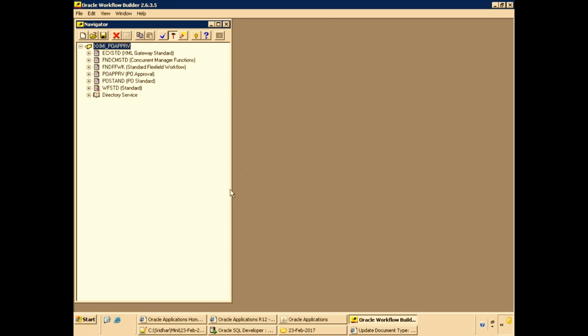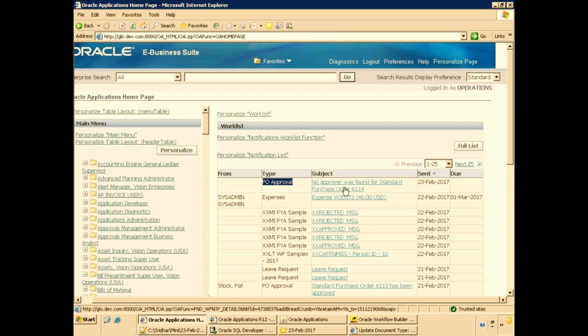Now, the first thing is, we got this information, and when we raised our workflow, we got this notification, right? Initially, just try to analyze. If you open the standard workflow, how do we know what our process and activity is? Because just knowing the name is not enough for us. Just knowing the notification is also not enough. We have to know the clear navigation, right?